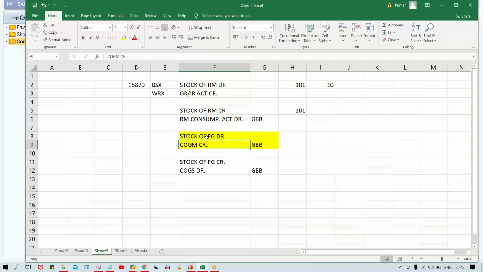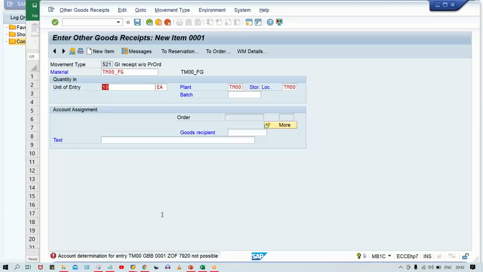So here the system, stock of finished goods is supposed to be debited. That we have assigned in BSX. BSX is already assigned, so the system is able to determine this GL account. But this cost of goods manufactured is not assigned yet. And where is it going to be assigned? In GBB. But against a particular valuation modifier. Against which valuation modifier? Look at the error itself, the system is saying that in GBB